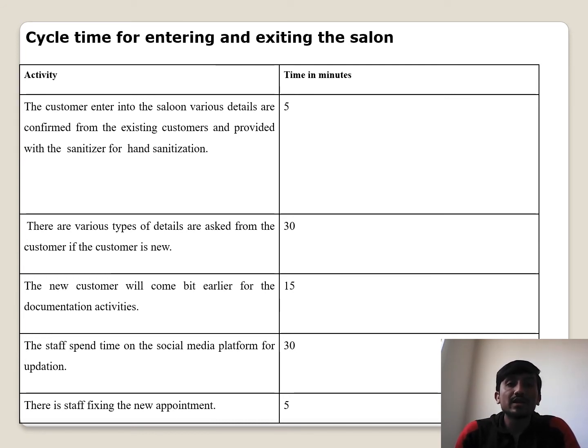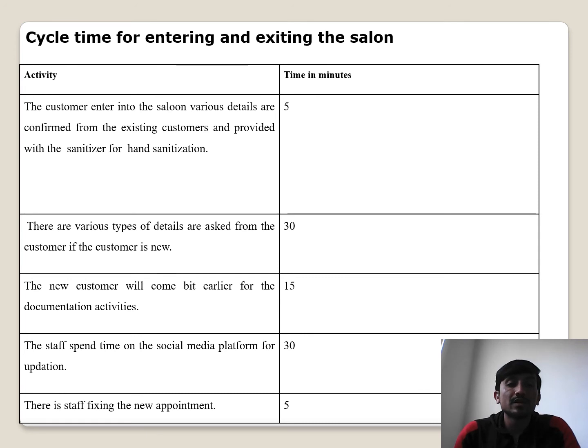The cycle time for entering and exiting the salon. This shows the cycle time for entry and exit to the salon. The entry and exit includes the total time taken per person to register and also to perform various sets of activities. The first one is that the customer enters the salon. Various details are confirmed from existing customers and they are provided with hand sanitizer. This takes 5 minutes. Various details are asked of the customer if the customer is new,